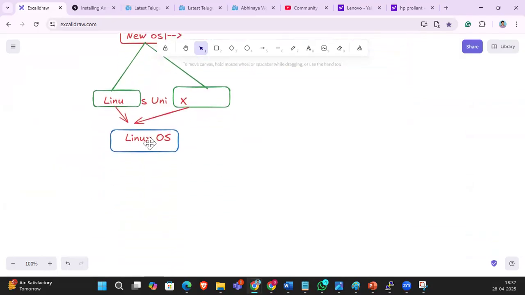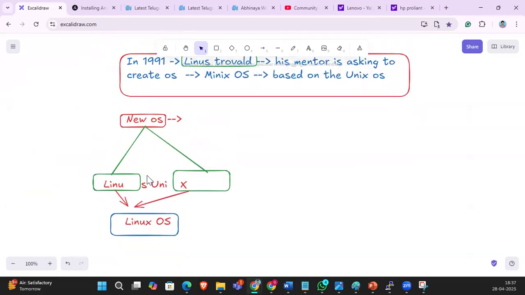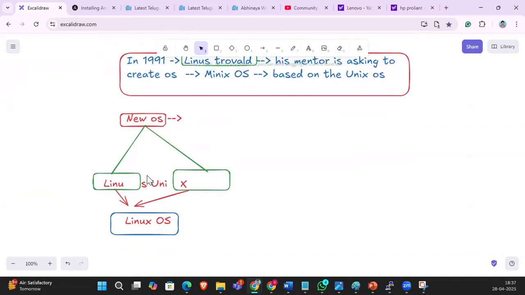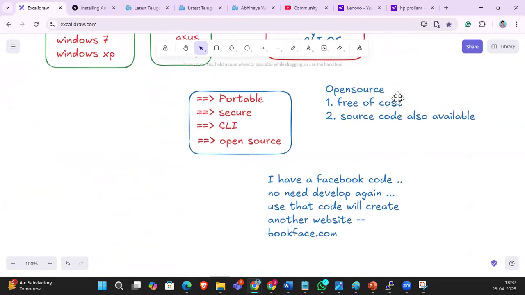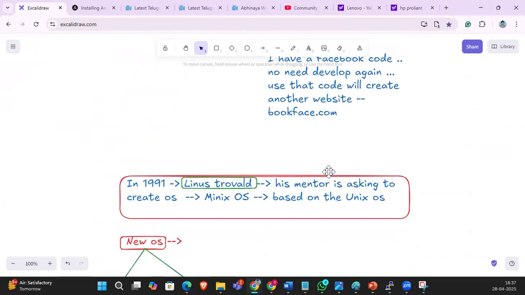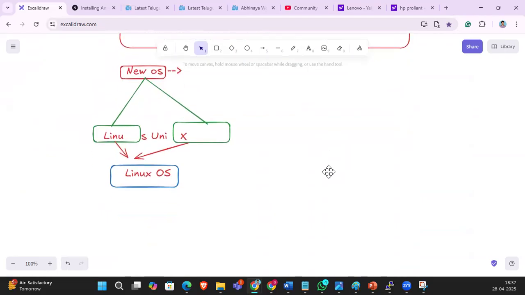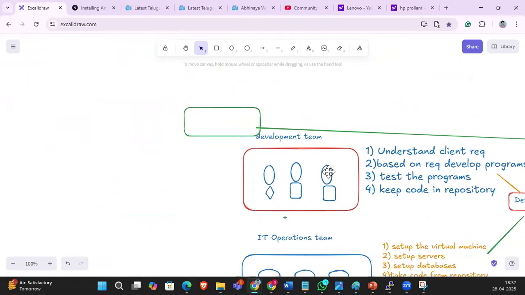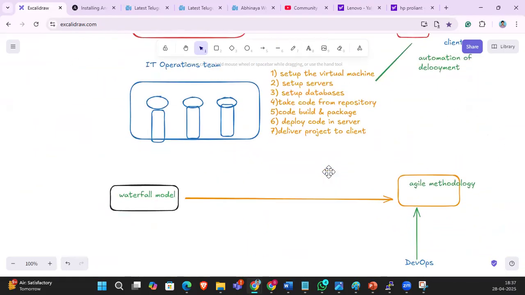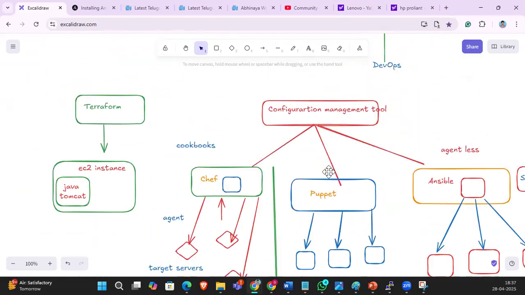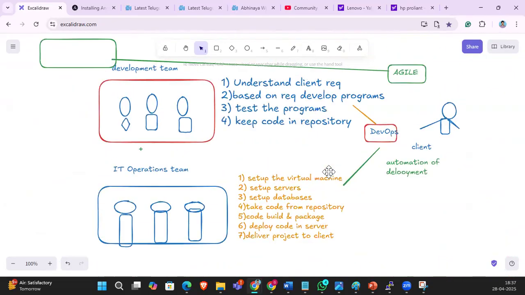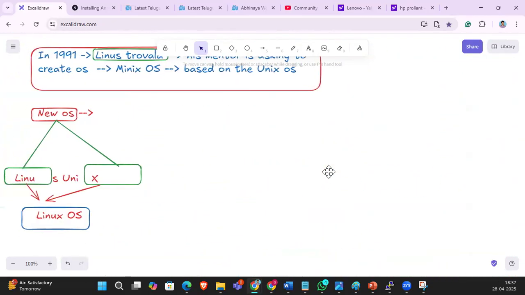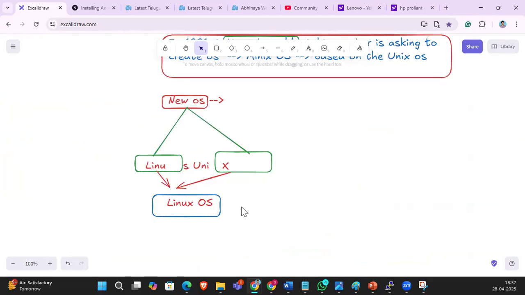The first four letters from his name and the last letter from Unix, then Linux came into the picture, and he released it as open source. Right? Now you understood.